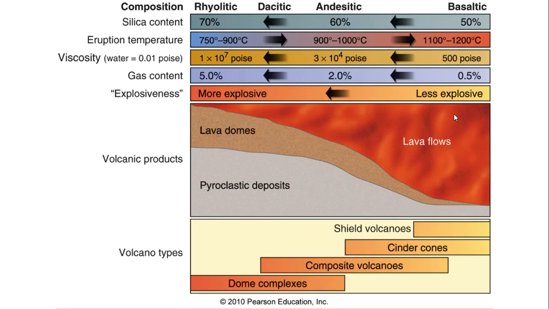And of course, depending on the water content of the lava or the magma and the silica content of the magma, you'll get different kinds or different characters of eruption. So when you have the silica content that's high, around 70%, you'll get your most explosive eruptions. Those are also the kind that have the most water and highest gas content, particularly water.